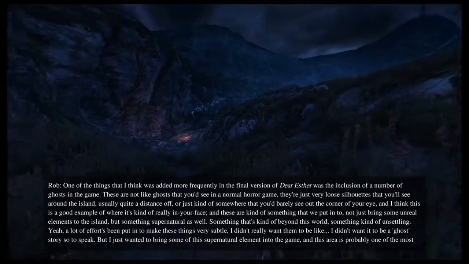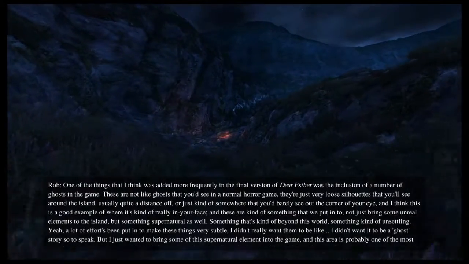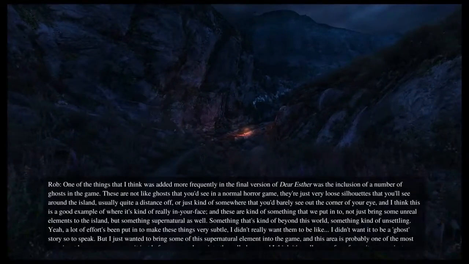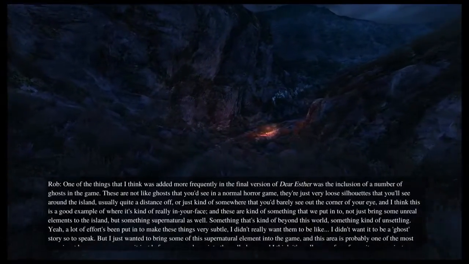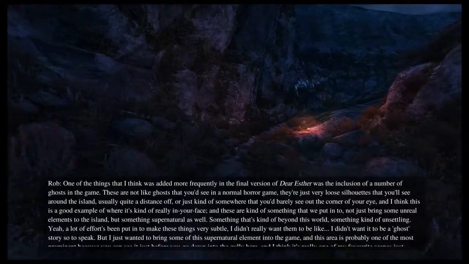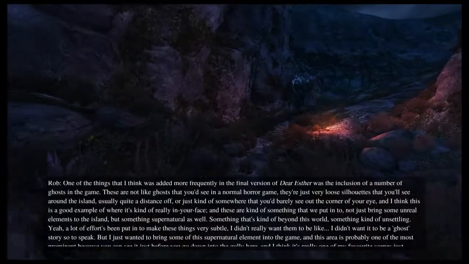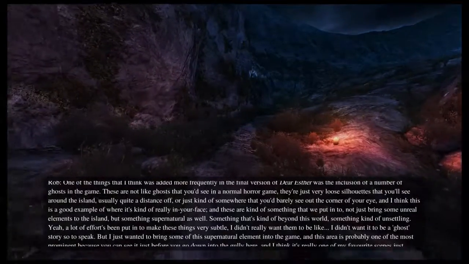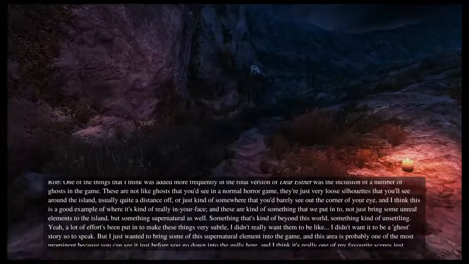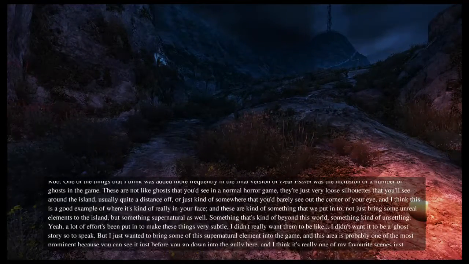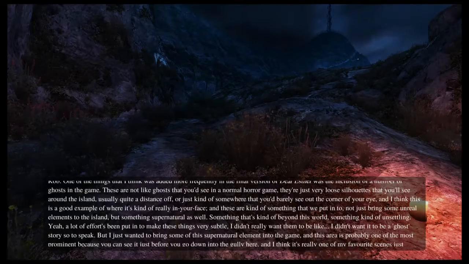One of the things that I think was added more frequently in the final version of Dear Esther was the inclusion of a number of ghosts in the game. These are not like ghosts that you'd see in a normal horror game. They're just very loose silhouettes that you'll see around the island, usually quite a distance off, or somewhere that you'd barely see out of the corner of your eye.